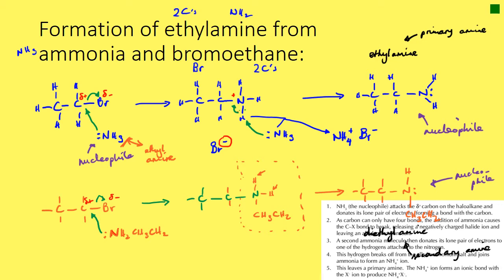But instead of the bromine, we've got our ammonia molecule. But of course the bromide has taken the negative charge, both the electrons off with it, which leaves the positive charge, which finds itself on the nitrogen